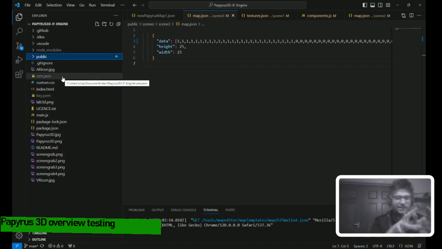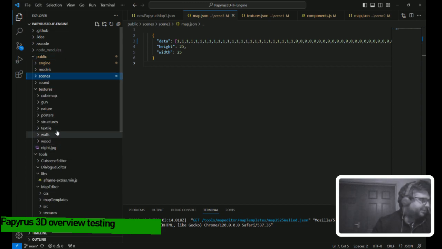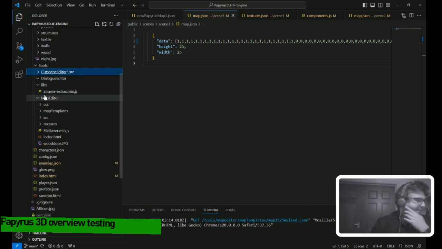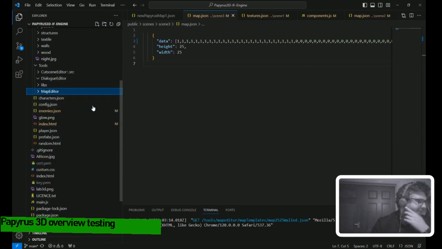The idea is that you've got the map editor, and if you forked this repository, you could configure all the models to whatever you wanted, and the conversations with JSON. Most of the actual interaction is programmed in with JSON. I have the idea of working on a dialogue editor to automate the process, but whether that will get done or not is another matter. I had an idea of doing a cutscene editor too, which would be possible, but again, that's future stuff. All the map editor code's here, for example, and a lot of it works, so I'll demo that quickly.